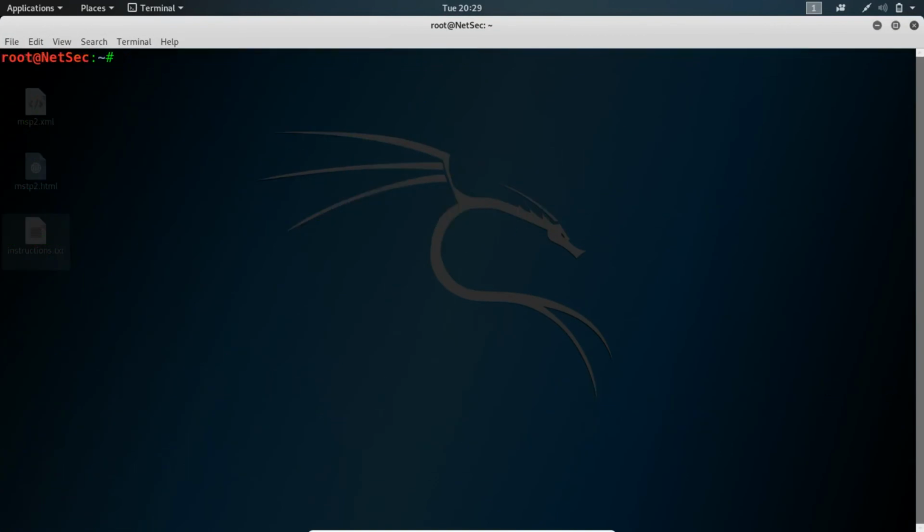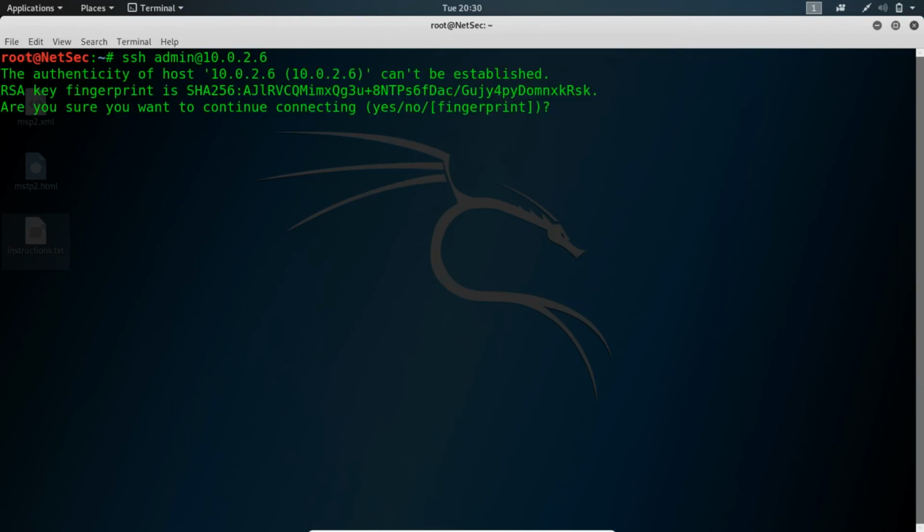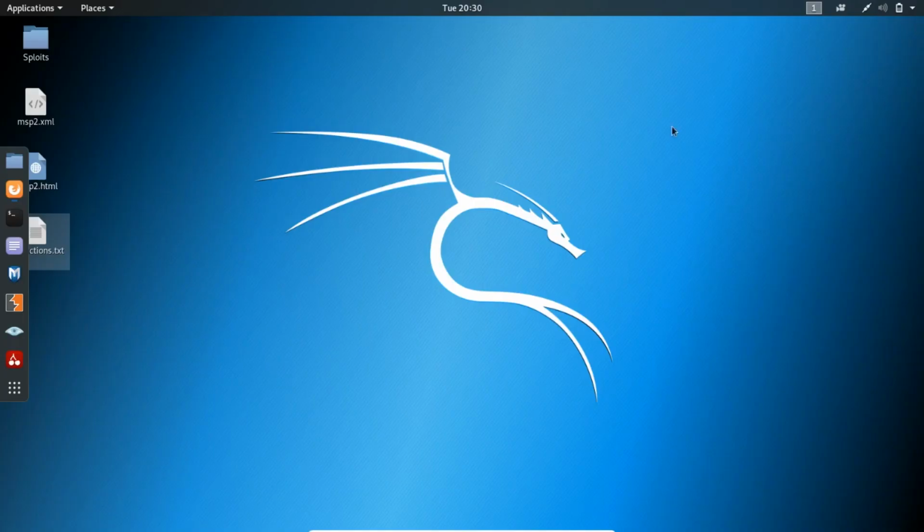By SSH, I mean this: ssh at 10.0.2.6. And which account are we going in as? Let's try admin at, I'm not sure if that's an account. Host key verification failed because this account doesn't exist, but this is something we can look into in the next video. Try